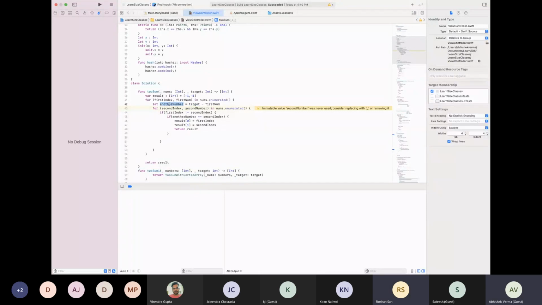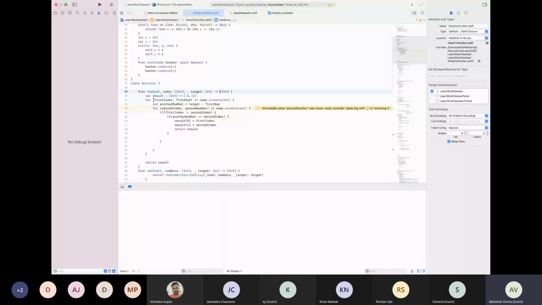Sure, sure, thank you. And Abhishek, one more question here. This is giving only one pair, not all of the pairs. For example, if I have one more pair which results in the same target, it is not returning that particular array of pairs. So does this answer meet the question? This two sum is just to return a single pair.